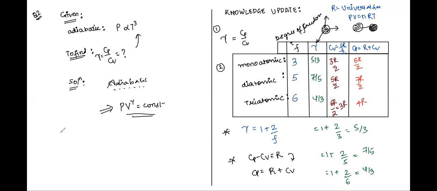Okay, so Karuna, tell me one thing. If given some A is proportional to B, what does this mean? A is equal to some constant times B, right? Therefore, pressure being proportional to the third power of temperature implies that pressure P is equal to some constant times temperature to the power 3. Am I correct?